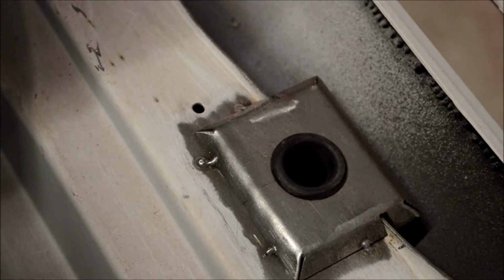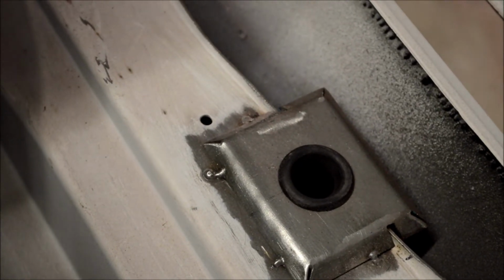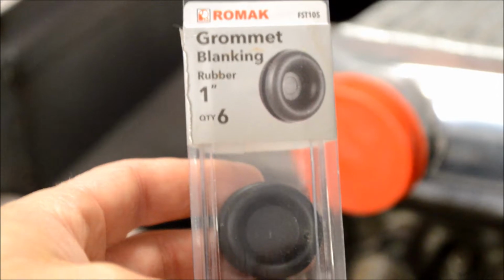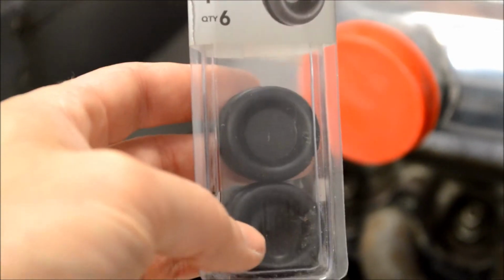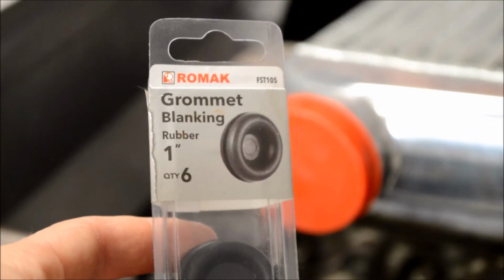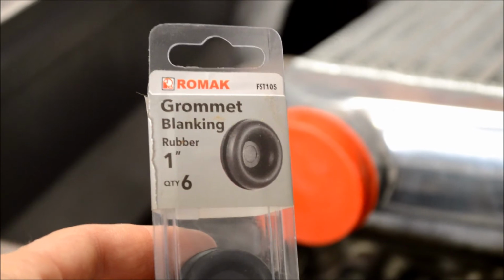Alright, so on the little pedestals here at the bottom, where the dowels, or intercooler bungs, these things here, sit into, I've just put some rubber grommets. They started off as 1 inch blanking grommets. Let's see if we can focus in here. Okay, so 1 inch blanking grommets. They started off as these, and I just cut the centers out. As you can see, one end ends up really fat. It's got a fat lip, and then the other side doesn't. So I've just put the fat lips facing up,